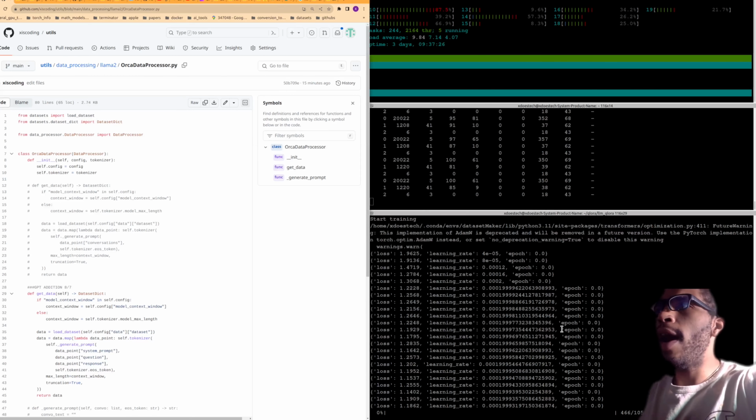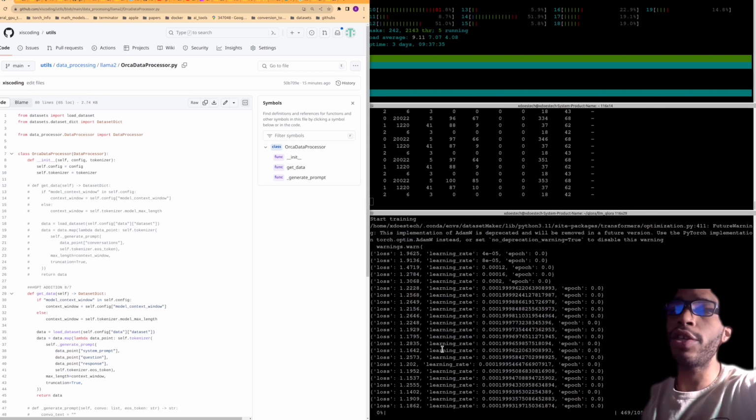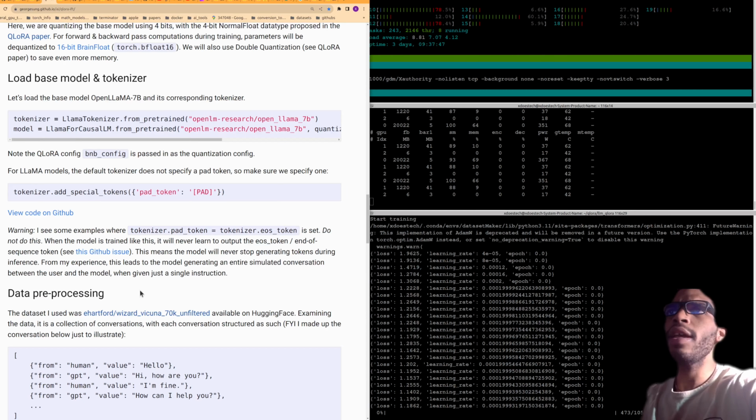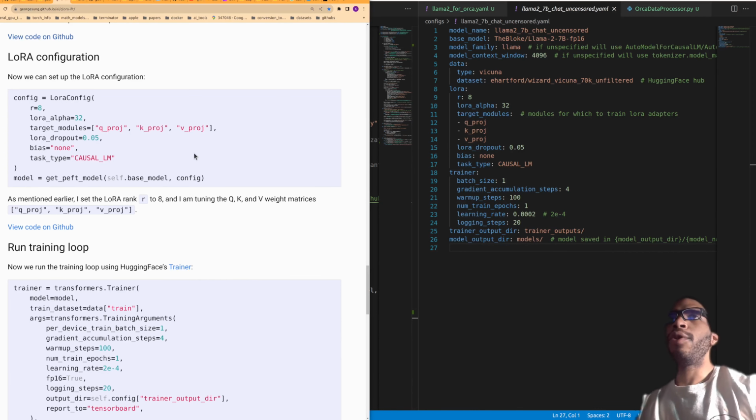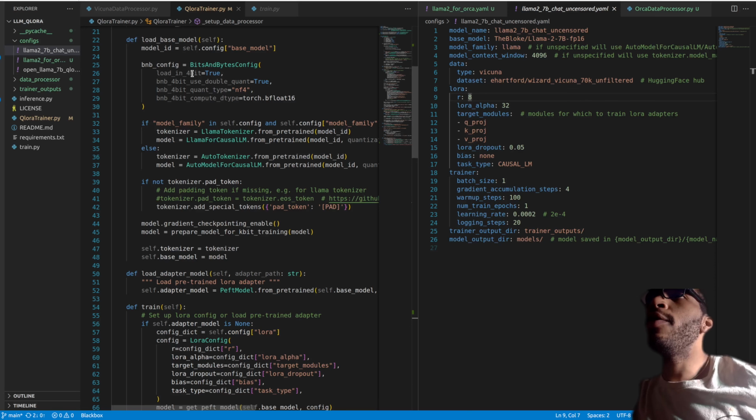All right, so I am just using the single 3090, and we're going at about 20 gigabytes of VRAM. I've done no optimization to lower that, but we are using QLoRa, which is the quantized LoRa, so we're doing 4-bit right now. Using regular LoRa, you're not going to be able to. You have to use the QLoRa, which is what they've provided for us anyway. Super simple. As I said, the QLoRa and LoRa configurations are all provided for us in the code in the